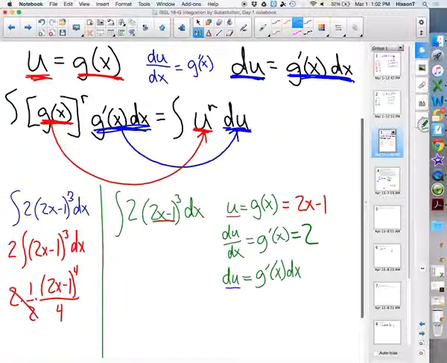That's du/dx, right? So du is going to be 2 times dx. So check it out. I already have a 2 and a dx in here, don't I? So I could integrate this instead as